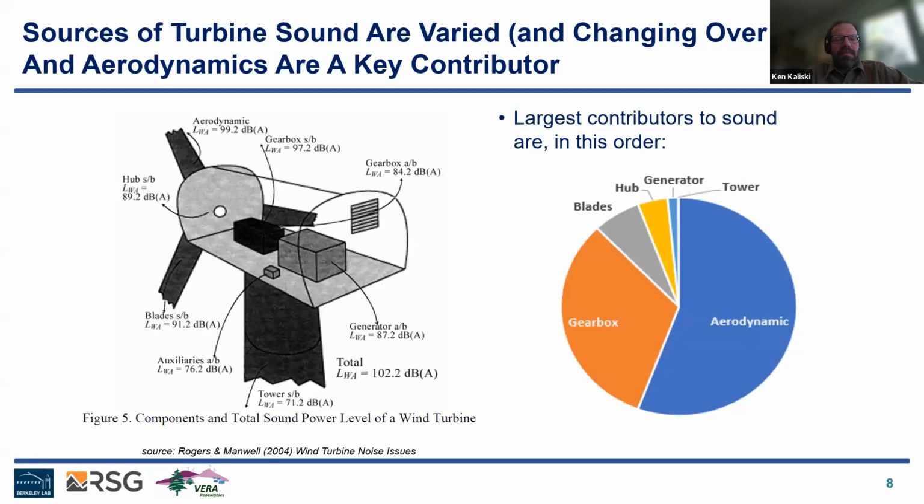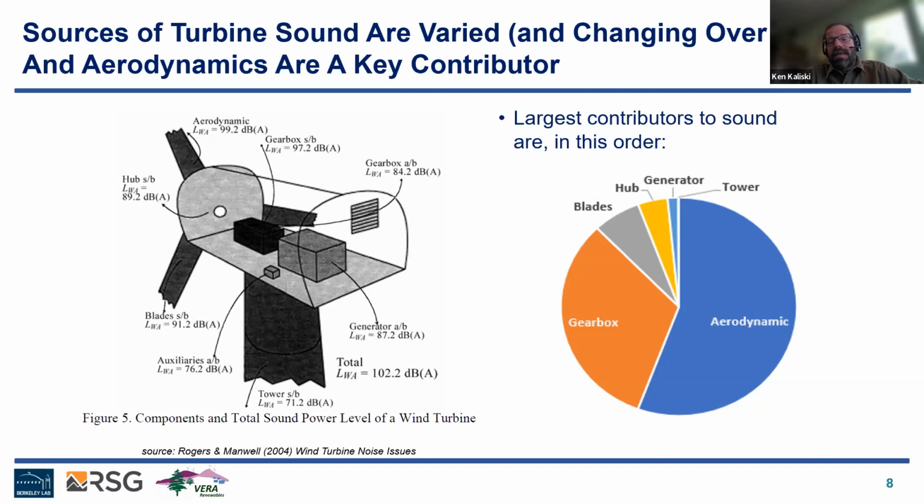So this is a picture of a study that was done way back in 2004 on an older generation of wind turbines, sort of characterizing where the sound is coming from wind turbines. So on the right, I took these decibel levels and essentially made a pie graph. And what we see on the right is the largest contributor of sound is aerodynamic. So it's the wind going over mostly the blades. The gearbox is secondary, and then there's sort of miscellaneous other sources of sound from the wind turbine.